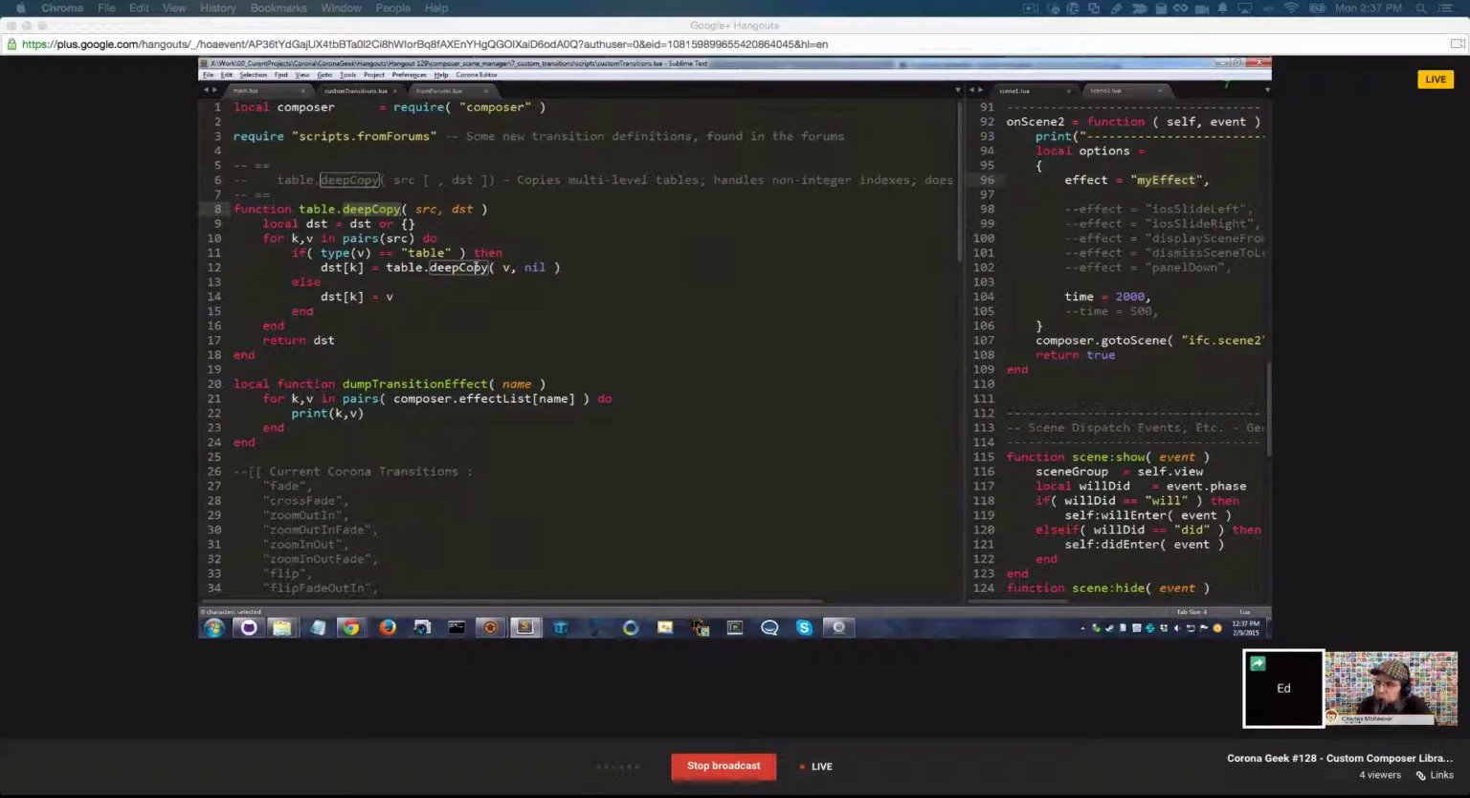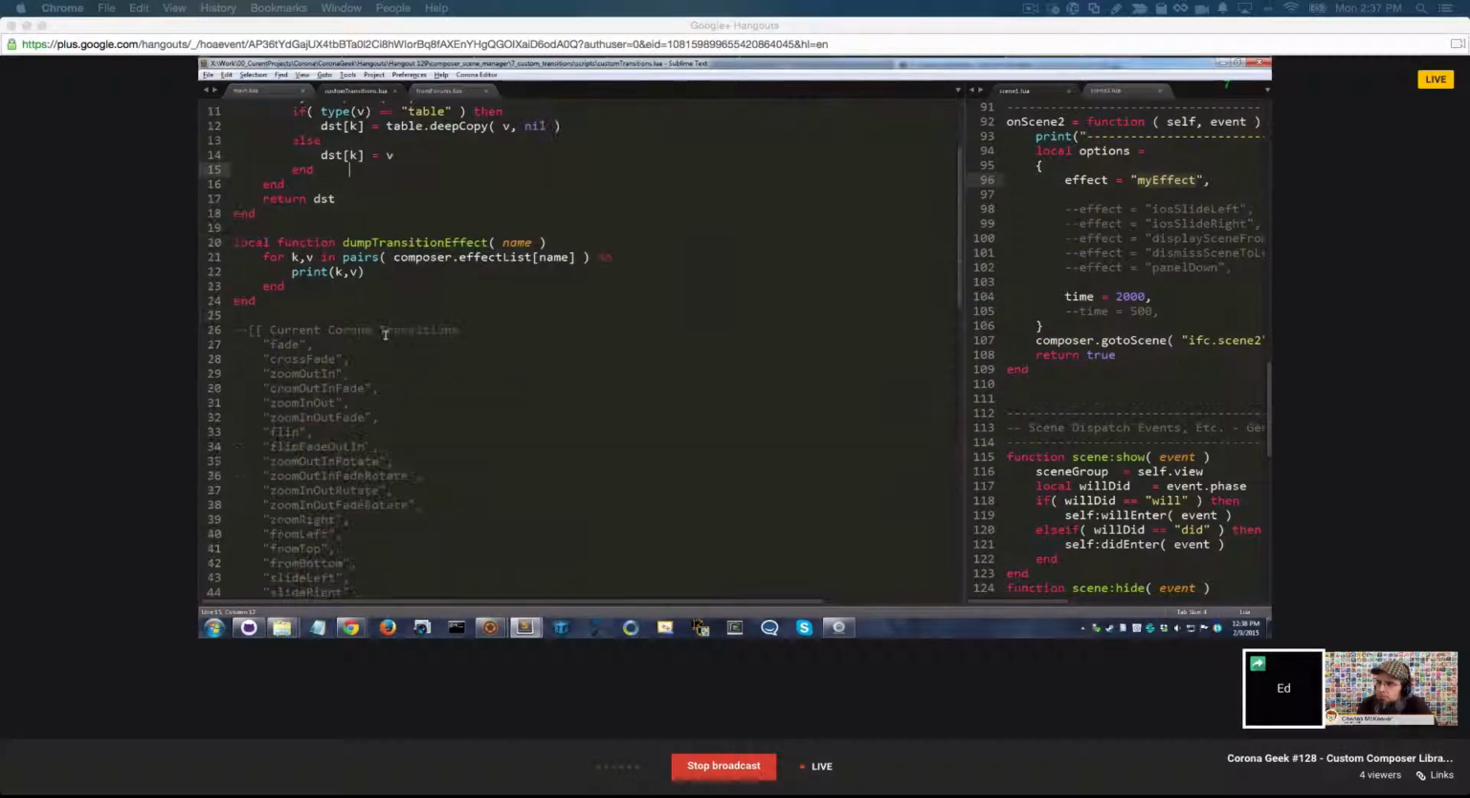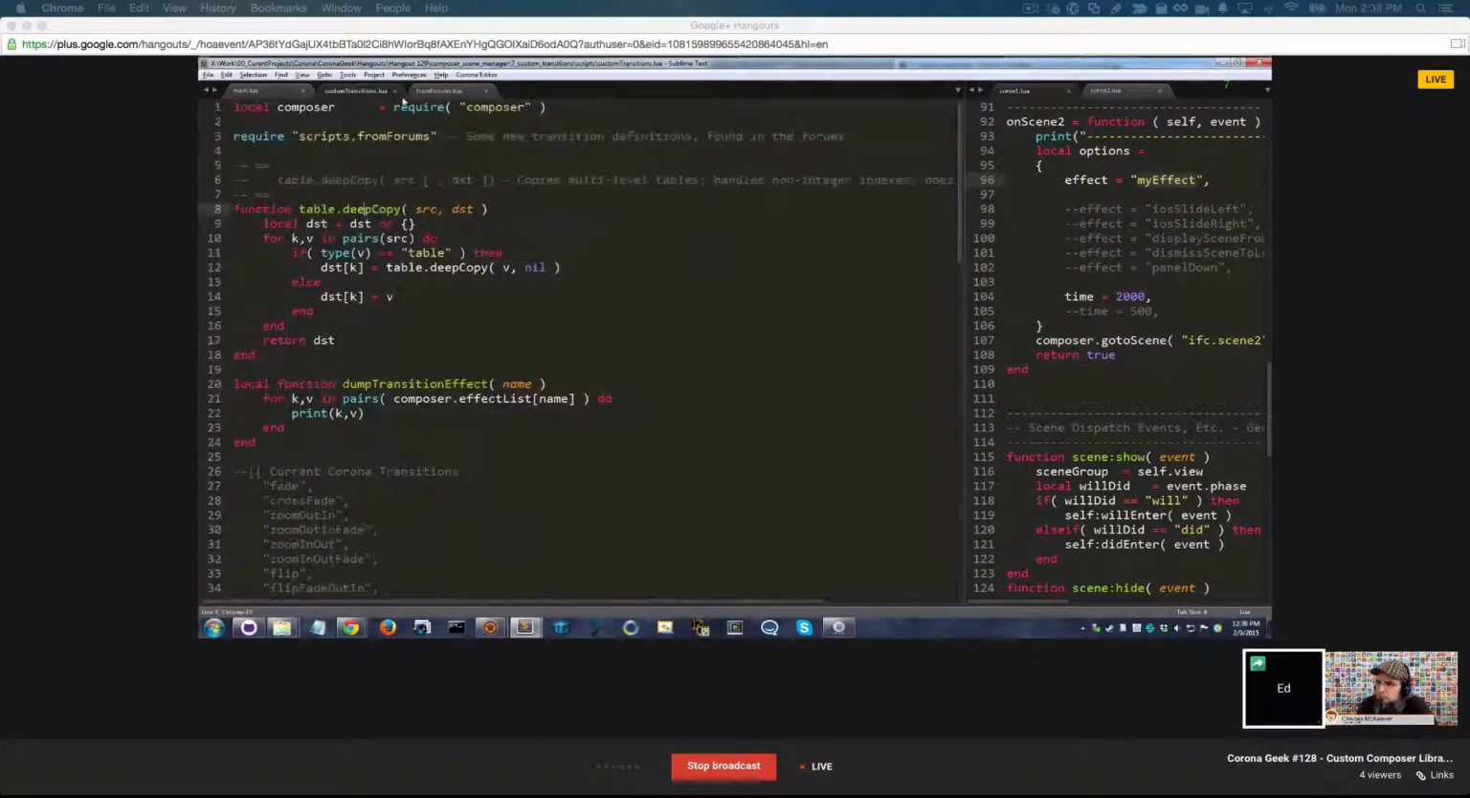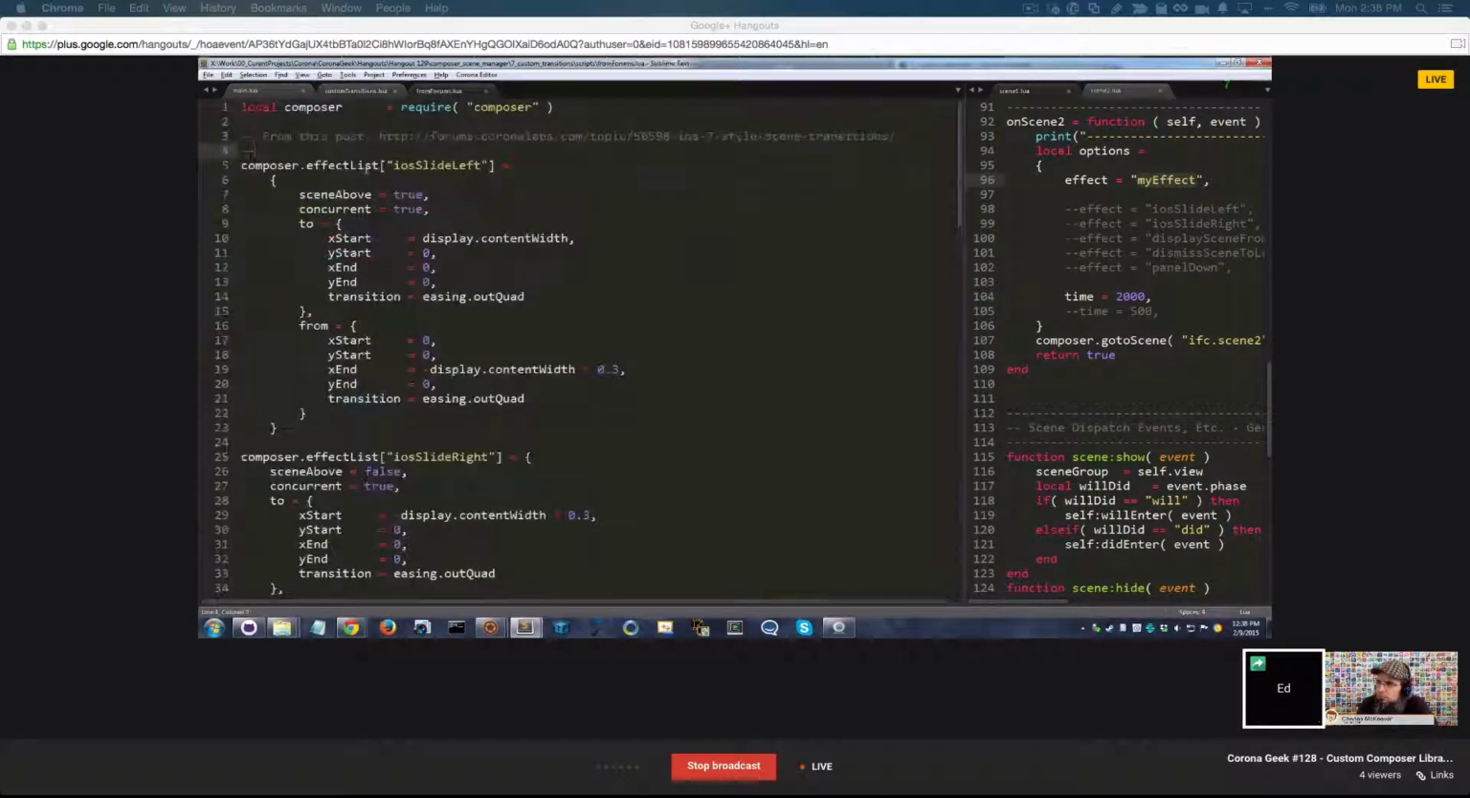So for example, you have a table with entry A, and entry A is a table, and entry A has an entry within it that points back to the parent. This will not work. It'll go into an endless loop. Okay, so anyways, the point of this is, as you saw earlier, these effects are found in